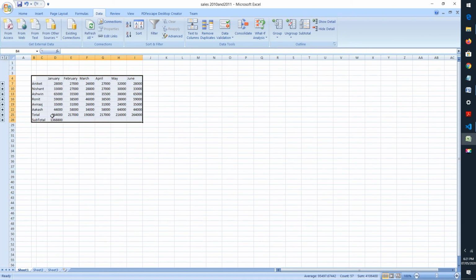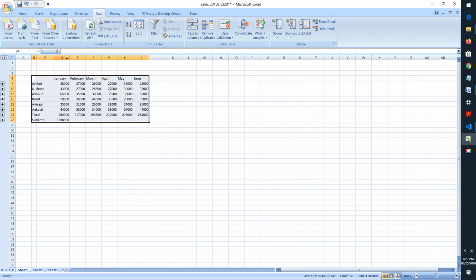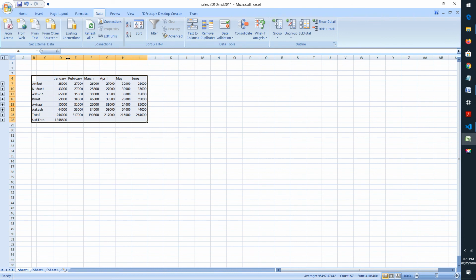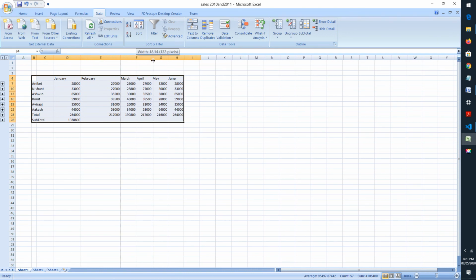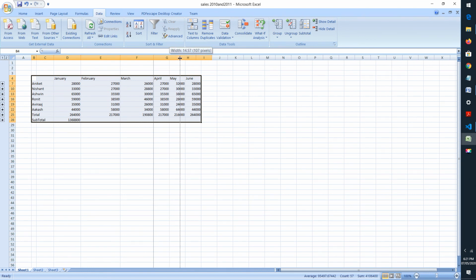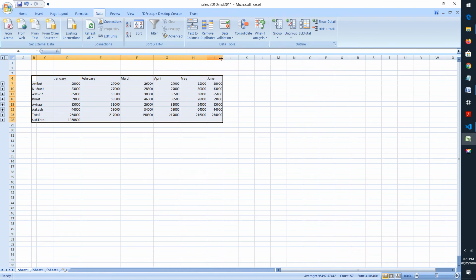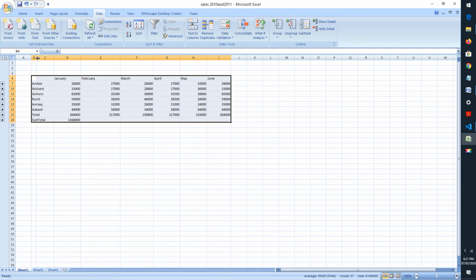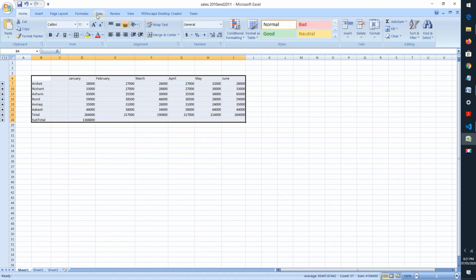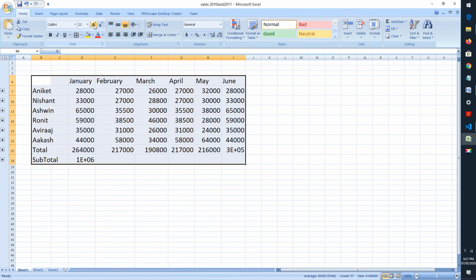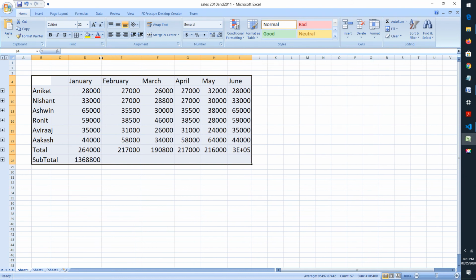Now this is the data from two different workbooks. I will expand it. See, it represents the data from two different workbooks. Expand the columns a little bit to see it more clearly. I have expanded the columns, expand column B also, and let us make it bigger, because it is not representing the exact value.